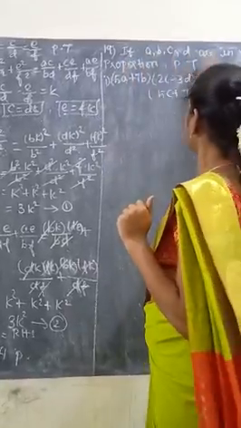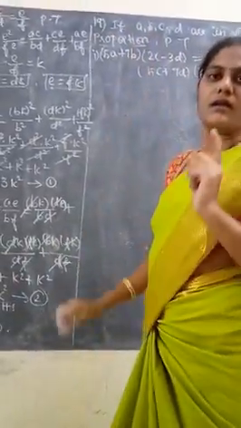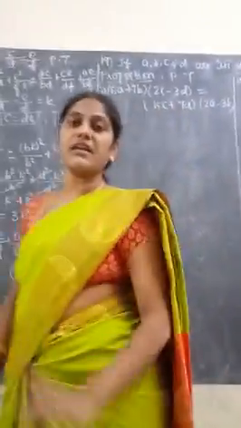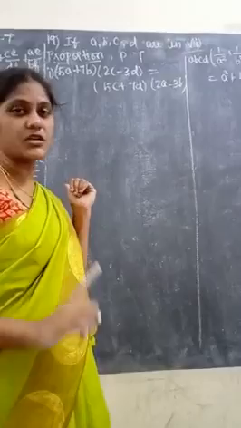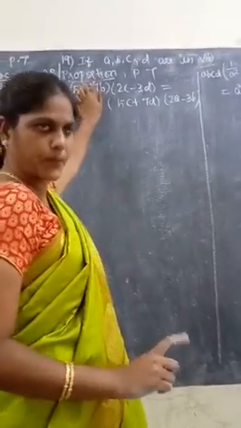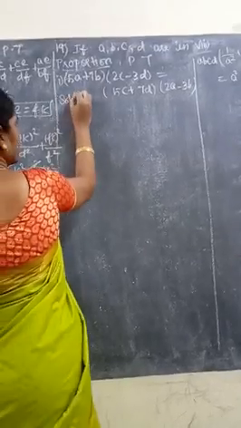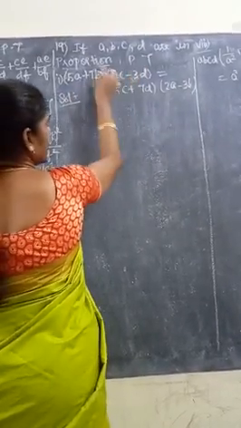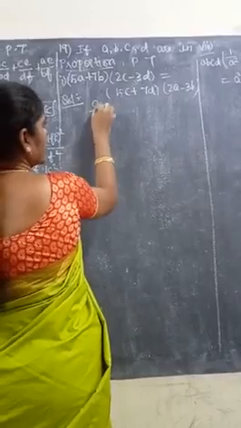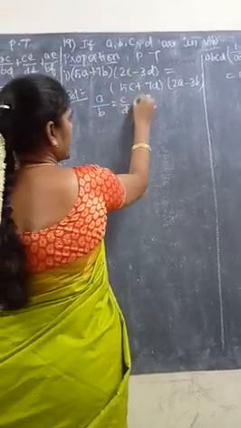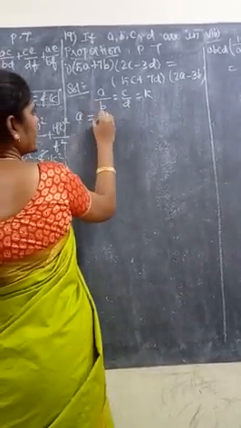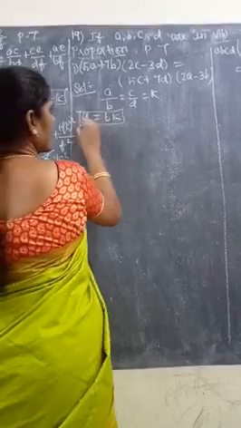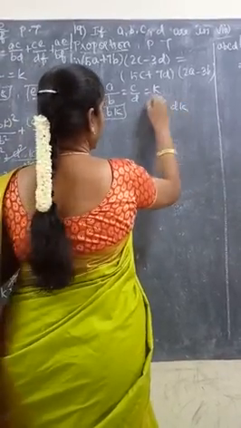Listen, if A, B, C, D are in proportion, here they have given it's a proportion, it's not a continued proportion, mind you. In the previous sums they wouldn't mention it's a proportion or continued proportion, but here they mention it's a proportion. Need to look into that. So how do we write this? A by B equal to C by D. We can consider this term equal to K. So A equal to BK, C equal to DK.